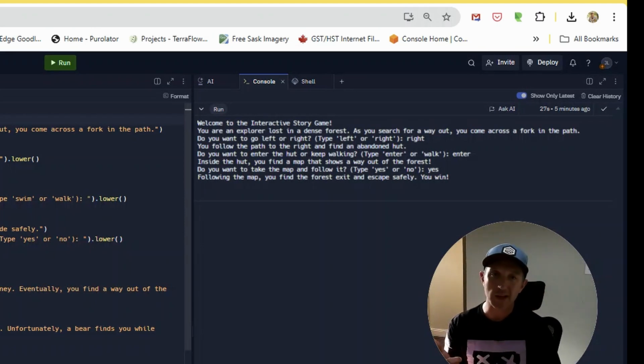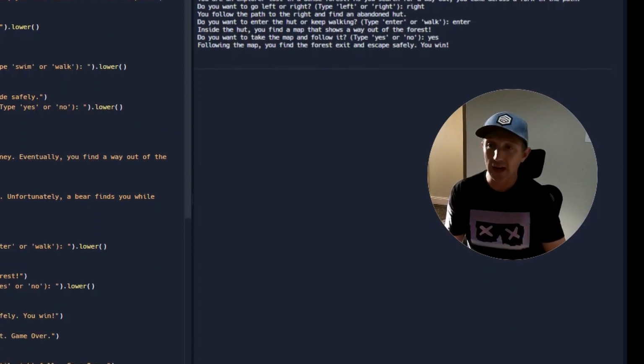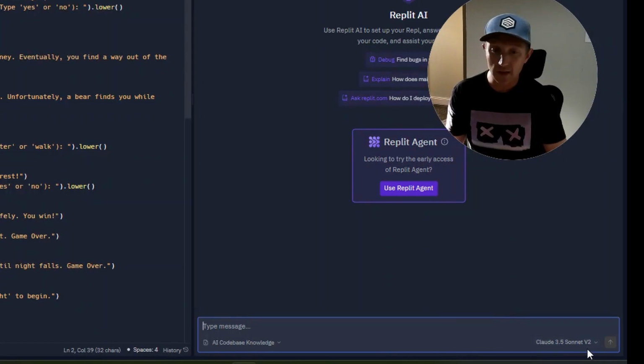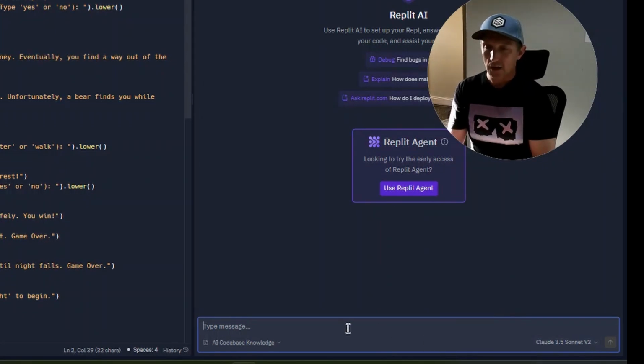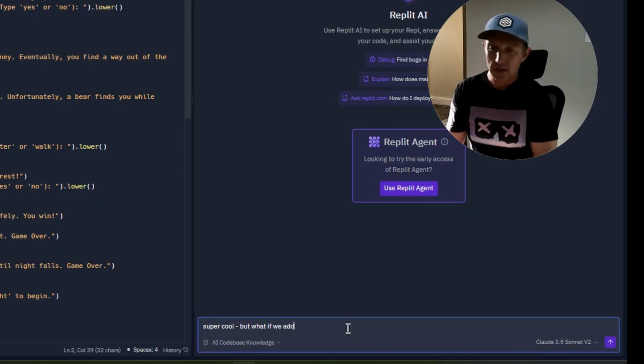So I thought an interesting thing would be, what if we made this super interactive by leveraging AI? I'm going to ask the inbuilt AI, what if we added in an OpenAI API key and made this a web app that made a live choose your own adventure story.